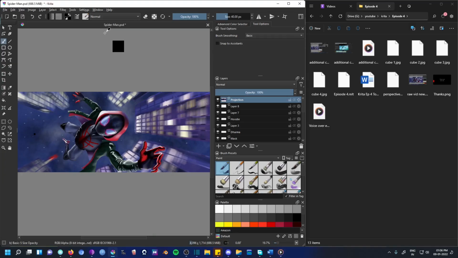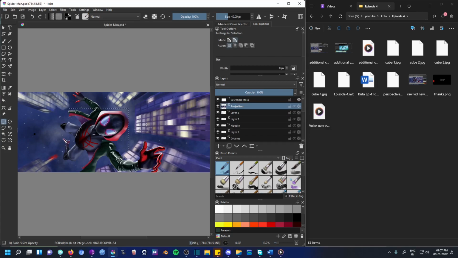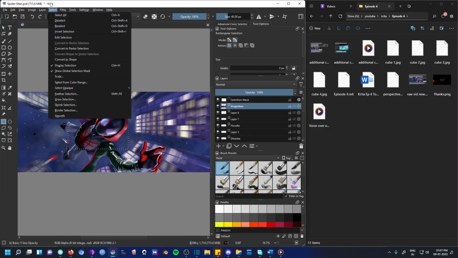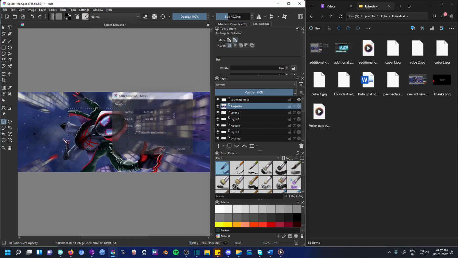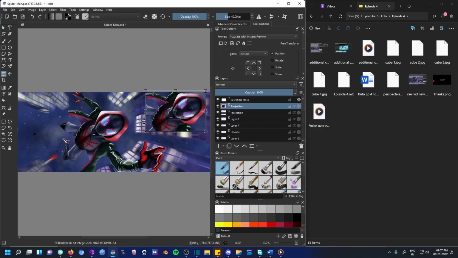Selecting full area can be done with Ctrl A. Deselecting the selection can be done with Ctrl Shift A. Reselecting with same parameter and area can be done with Ctrl Shift D. You can also invert the selection, that is, select the area which was not selected and unselect the area which was selected with Ctrl Shift I. All these functions are available in dedicated selection menu. You can also scale the existing selection from the menu, which can grow or reduce the selection. By default, the selection has hard edges, and copy pasting it results in extremely sharp edges. Feather selection can smooth the selection edges.